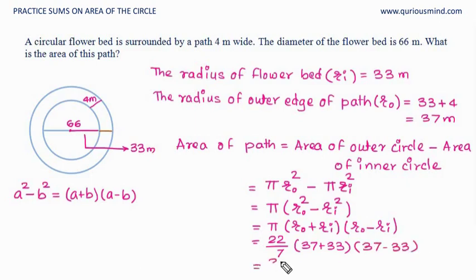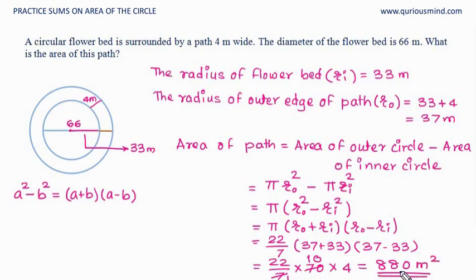So it would be 22 upon 7 multiplied by 70 multiplied by 4. 7 ones are 7, 7 tens are 70, and 22 fours are 88. 88 into 10 is 880 meters square